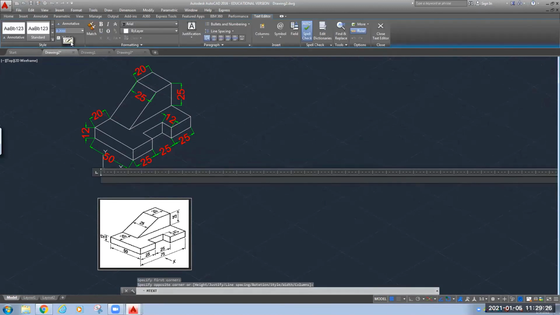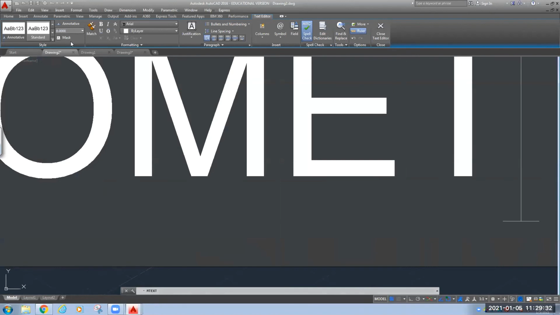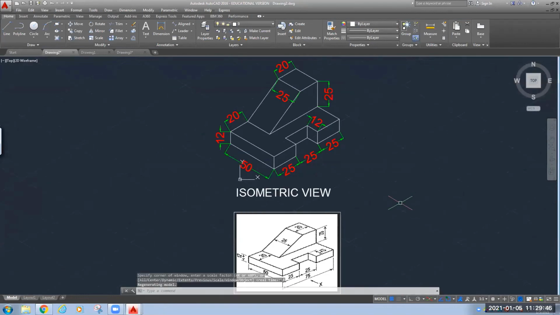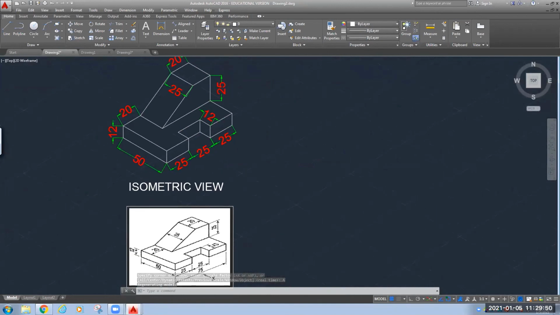Change the text height. Isometric view. Z, zoom, all, A on your keyboard, and this is what you will get. So this is the isometric view that we have drawn.